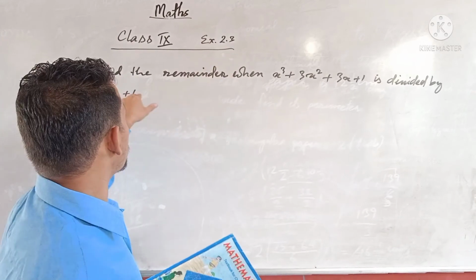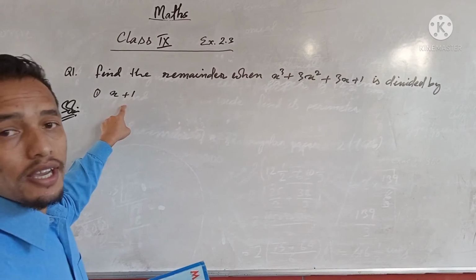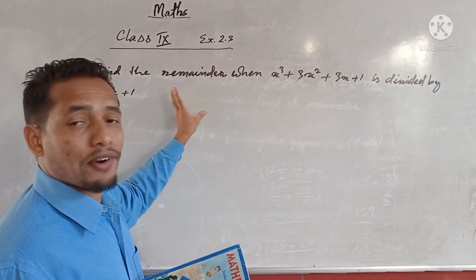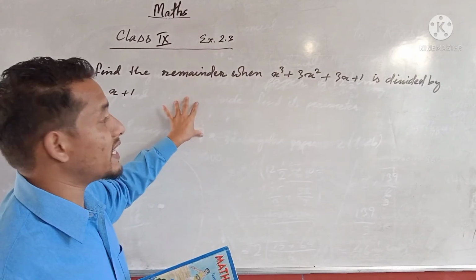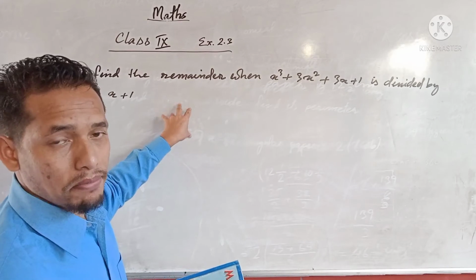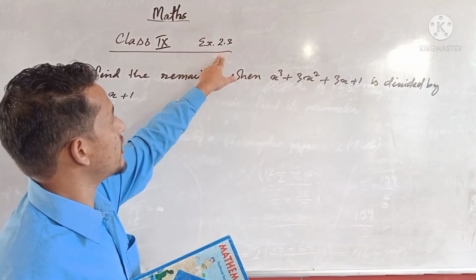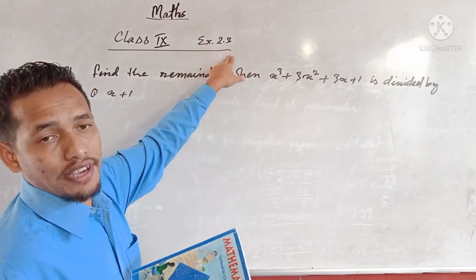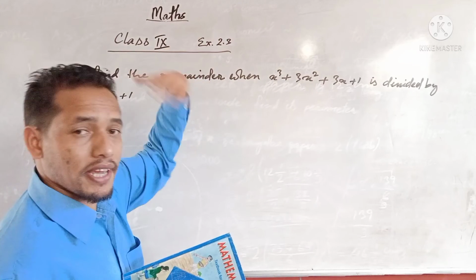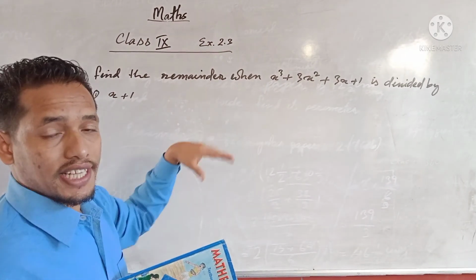So now I will be doing exercise 2.3, question number 1, Roman number 1. But once more, I want to tell you: if you have any confusion in any question, you just have to ask me, and I can prepare another class for you. Last time I finished 2.2. If you have any problem from there, you can ask me now also, and I can make a video on that doubt question next time.